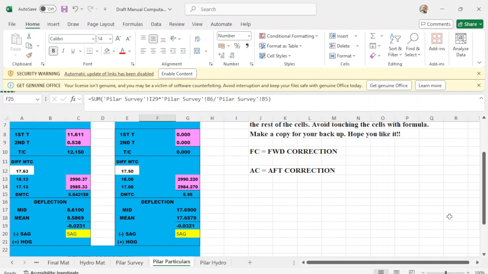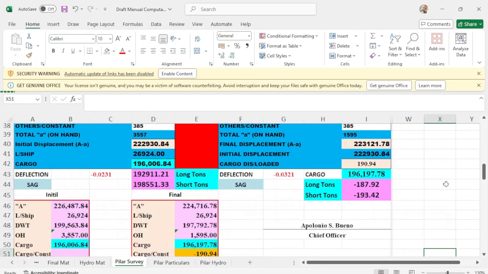So the point, the very important point, is the cargo. If you have correct cargo, and the value when it's already computed, would it be the same? Okay, put it here.